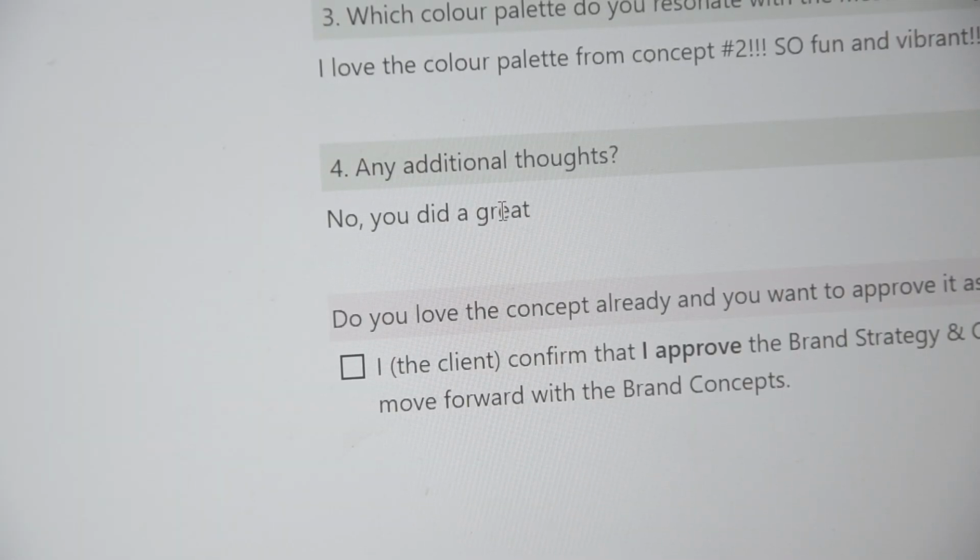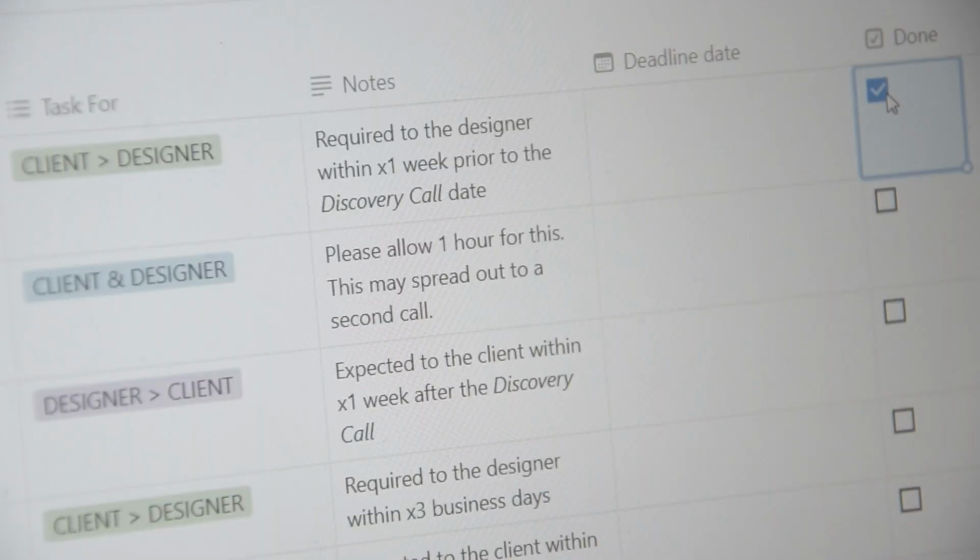With messages and emails, there's always a risk of information getting lost, and your client only has a limited number of revisions, so you have to make sure that you make all the changes that they have requested and not miss anything. Also, again, it will make you look super professional and organized. It will save you so much time, and your client will always know at what stage of the process we are. They will feel like they are an active part of the project, which is very important.